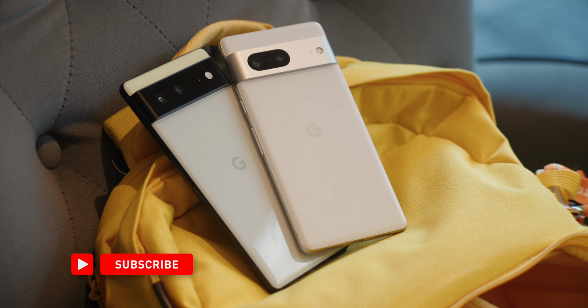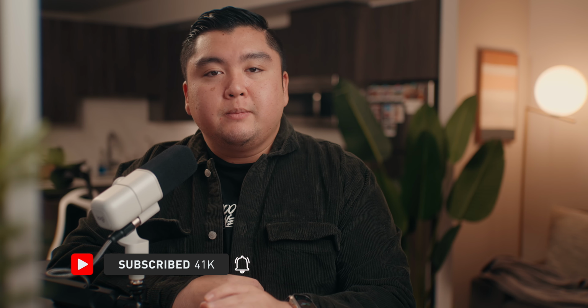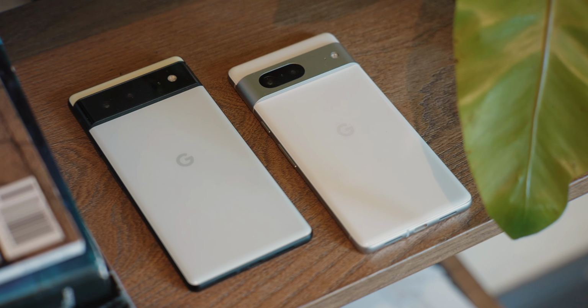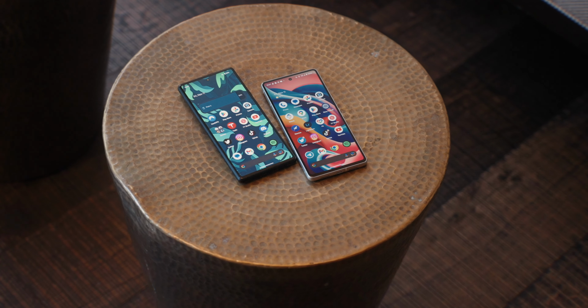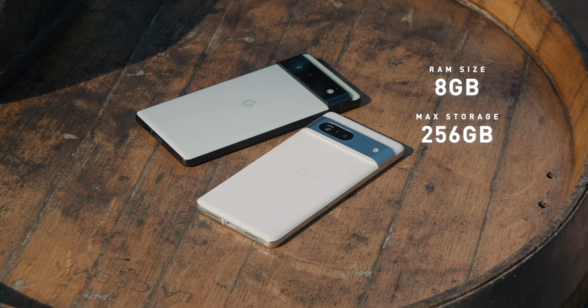Okay, so let's talk about hardware first on these two devices. The Pixel 6 and the Pixel 7 look very similar in terms of design, with a couple of changes on the colors, the overall size, and a change of material used on the camera bar. Now, one of the biggest changes here with these two phones are the processors. You're getting the Google Tensor G2 on the Pixel 7, which is able to run faster and more efficiently than the original Google Tensor chip on the Pixel 6. But you're getting the same amount of storage and RAM, which is 8 gigs of RAM and up to 256